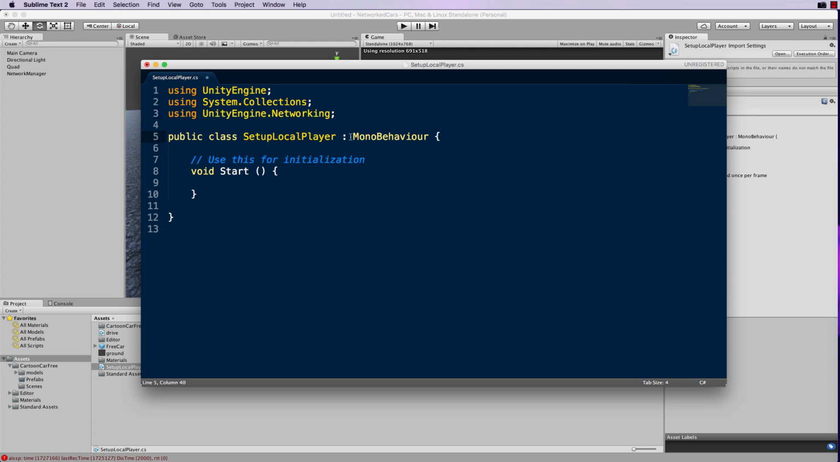Right, instead of using MonoBehaviour, we're going to use a NetworkBehaviour class like that. Now this will need this library, so you need to include that. And then inside the start function, we're going to look for the drive component and set it to be true